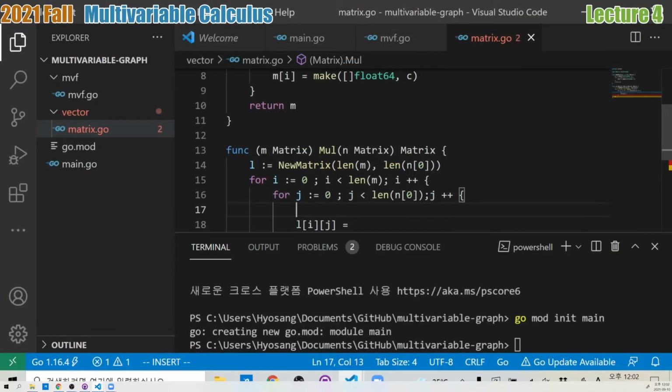We're going to define the value of Lij, which means the ith row and jth column entry. But for that, we should